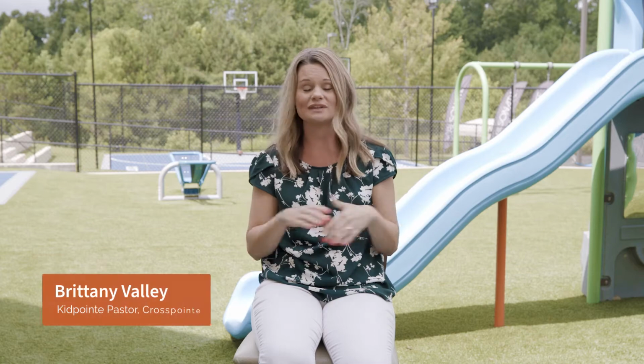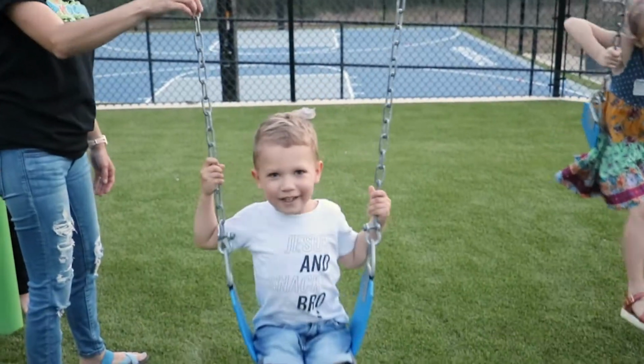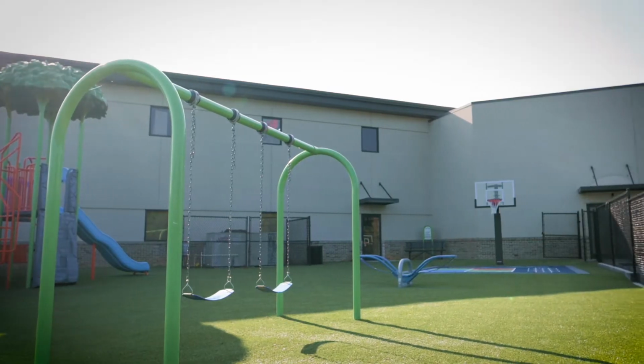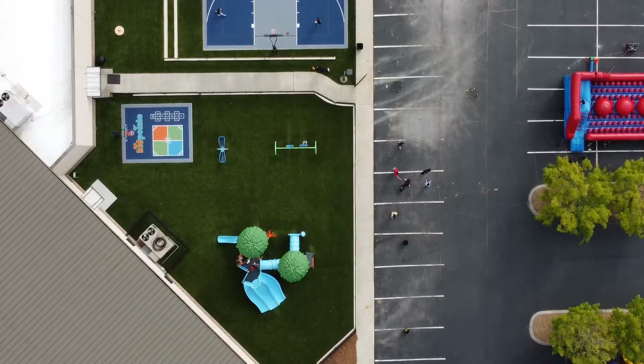It's a safe surface, it's soft, it's clean. The kids just love to take their shoes off and feel the soft XGrass under their feet. Man, it can rain and we can be out here in 30 minutes and our kids can be playing and enjoying the playground. And we feel like the XGrass was a product that not only met our needs currently, but